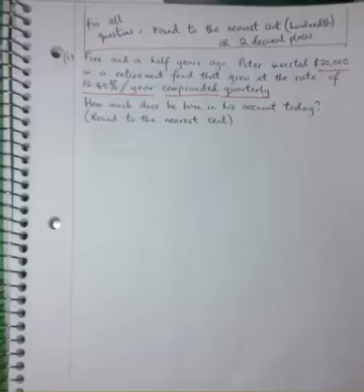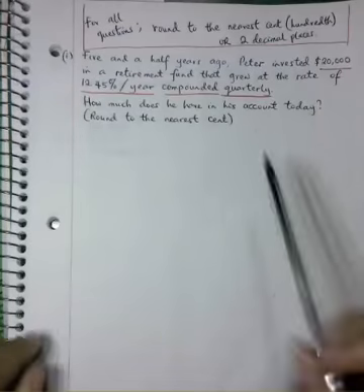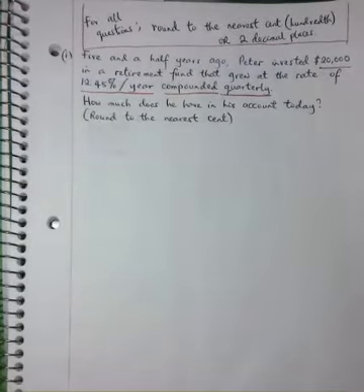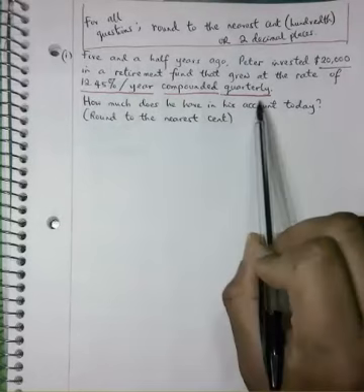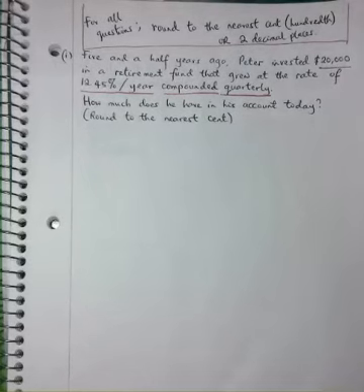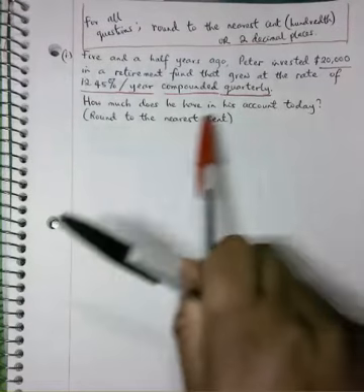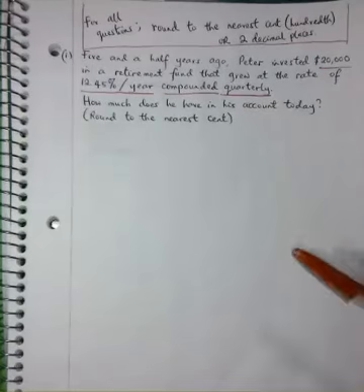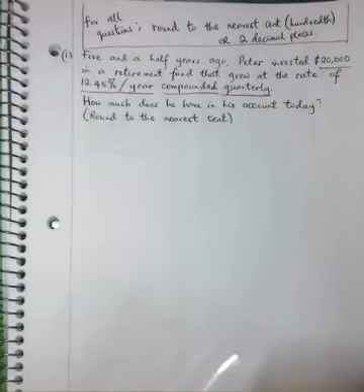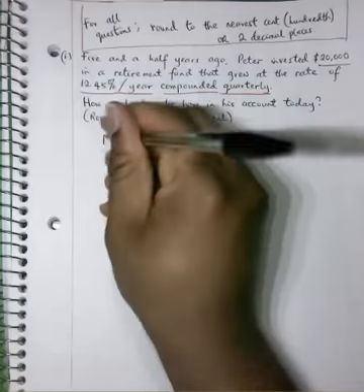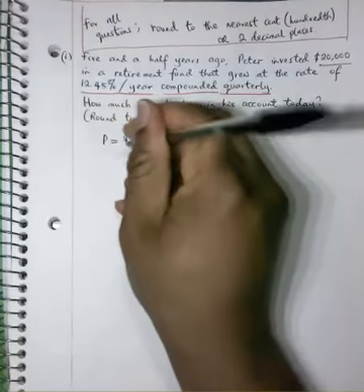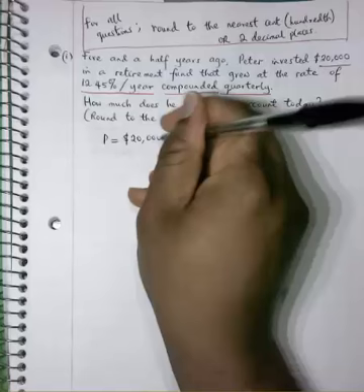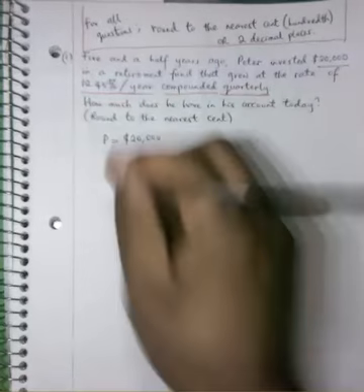Now, this is compound interest. Of course, they told you compounded quarterly. If it was continuous compounding, they will tell you that. And then they say, how much does he have in his account today? That means they're asking for future value. That means the present value P is 20,000, right? The interest rate R is